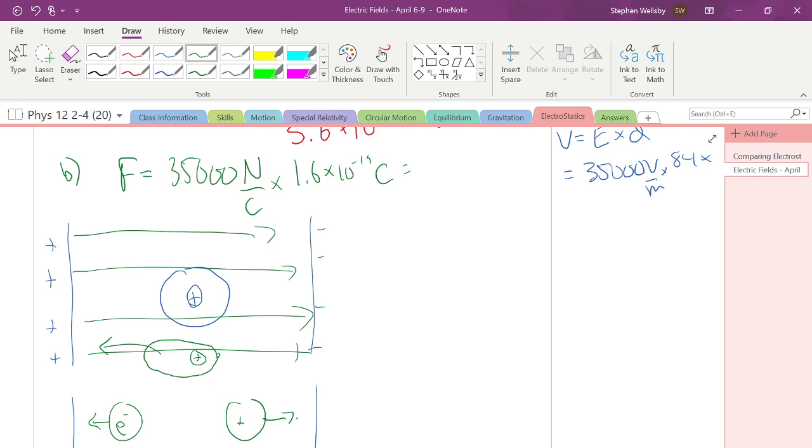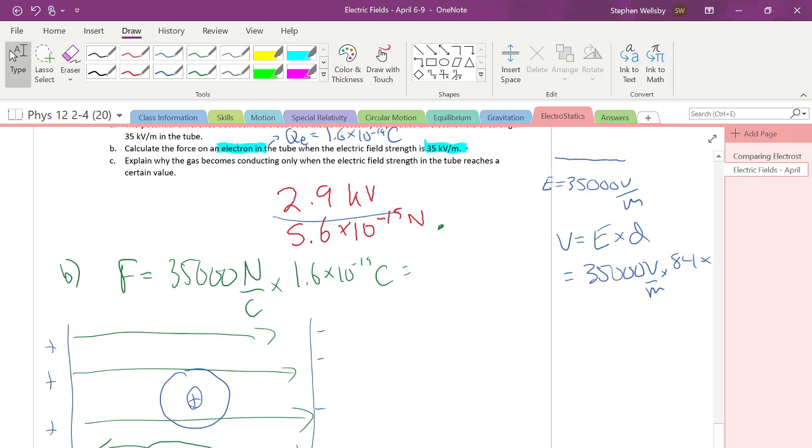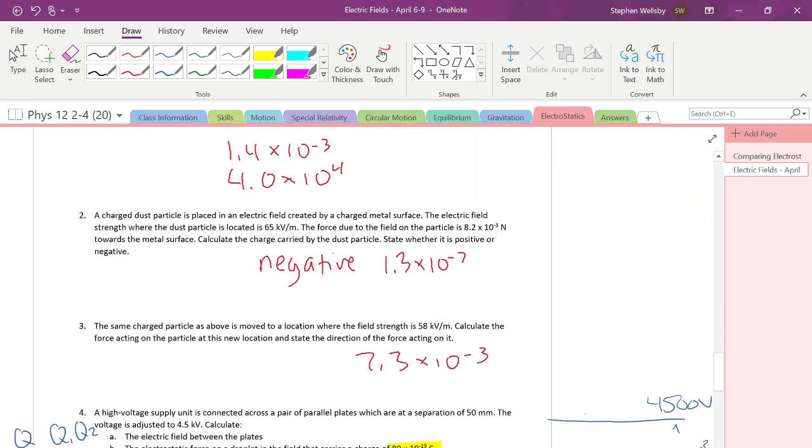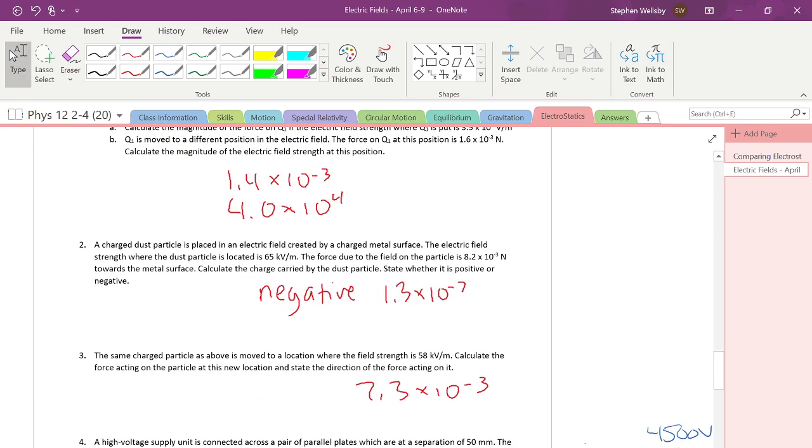Okay, example 2. If anything was not clear, just let me know about that explanation. Okay, charged particle, electric field, charged metal surface, force is going to be that. So you want to know what the charge is going to be. Going back to the equation, F is going to be the charge of a particle multiplied by E, and so the charge is going to be F over E. And in this case, that gives us 1.3 times 10 to the minus 7 coulombs as the amount of charge on this dust particle. Whether it's positive or negative,